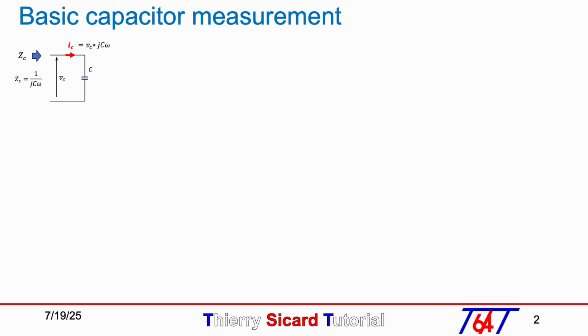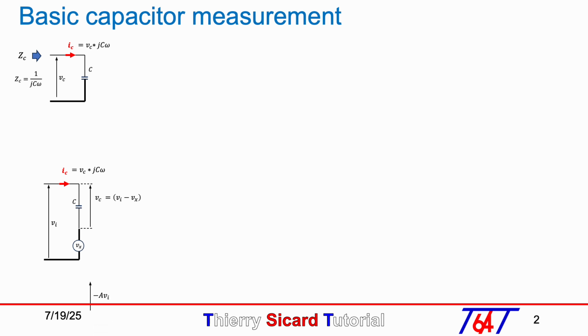The measurement of capacitor C is only correct if we are certain that the source voltage Vc is applied across the capacitor, which means that the bottom face of the capacitor is connected to the ground of the Vin source. But now, if the bottom side of the capacitor is connected to the ground by a voltage source Vx, the voltage source used to measure the capacitor becomes Vin. The voltage Vc across capacitor C is equal to Vin minus Vx.